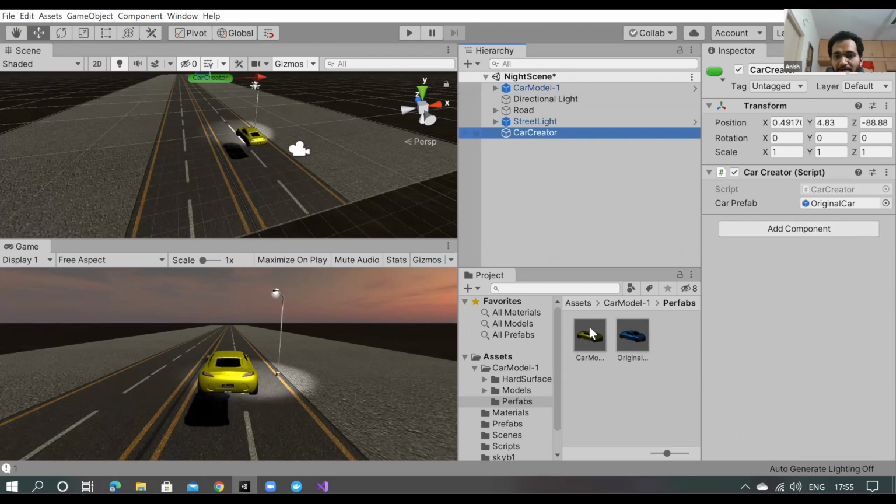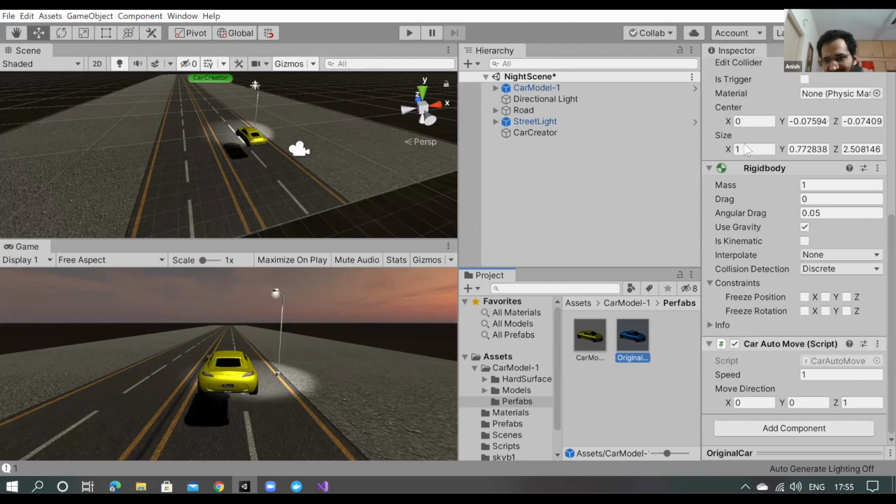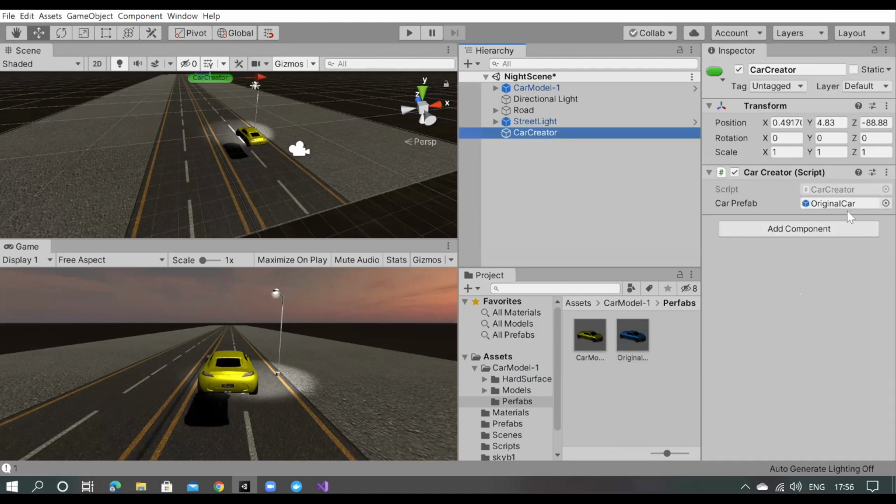Once again, so I have two prefabs. Why I did, because to avoid confusion. I have this fancy car, and the fancy car I will use in my game, but for car creator I want to use this dummy car which has all these things. Sir, is it compulsory to put that banner car creator, because it is not looking good, sir? I know.